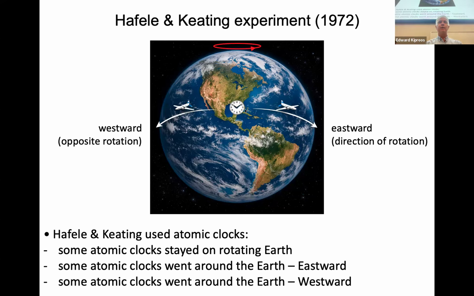And they took some of the clocks and put them on a plane that goes westward. But before they put them there, all the clocks were synchronous. And they left some of the clocks where they started. So they put these clocks on the eastward flight. It's going to go around the Earth, and it's going to come back to the US. And then the westward clocks are going to go around the westward way and come back to the US. And then they're going to take the clocks off the planes, put them next to each other, and ask, what's the time on the clocks and how do they vary?